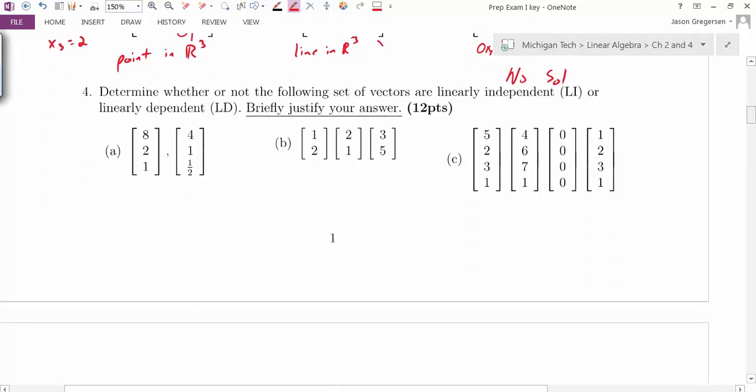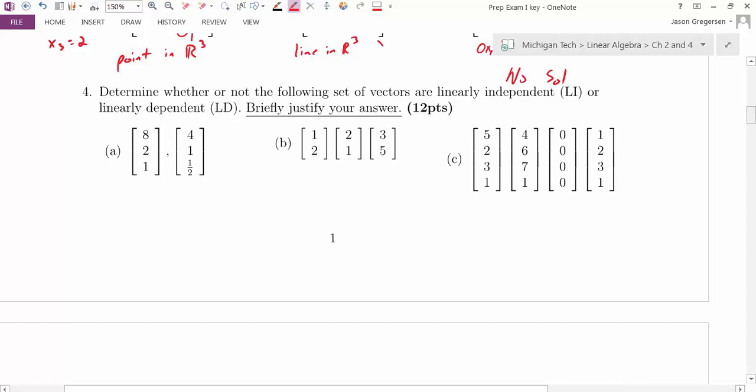Now question number 4. Determine whether or not the following sets of vectors are linearly independent or linearly dependent. And then we want to justify our answers. And it's not just the decision, it's the justification that's just as important. So in the first case, I see right away that I have two vectors. Anytime I have two vectors and I'm trying to determine independence or dependence, I just have to see if they're